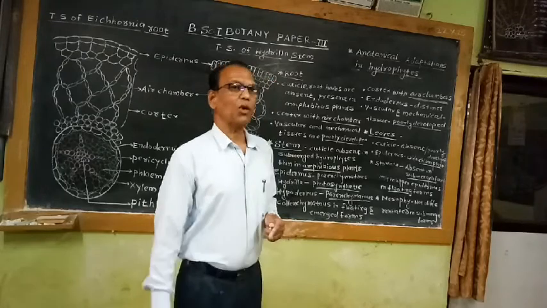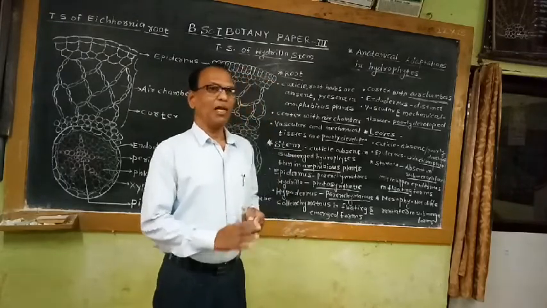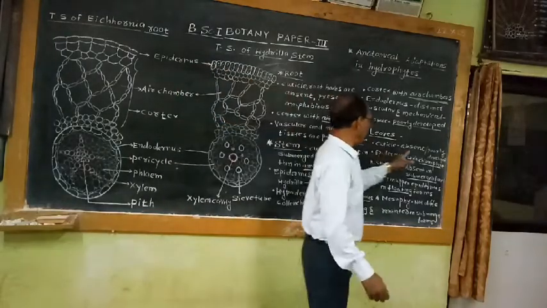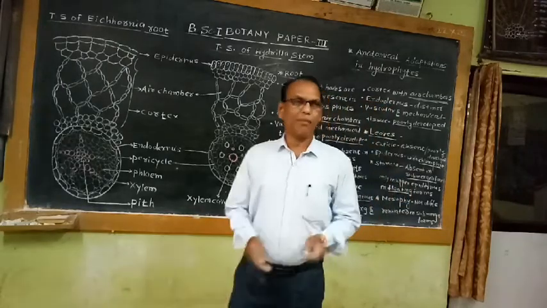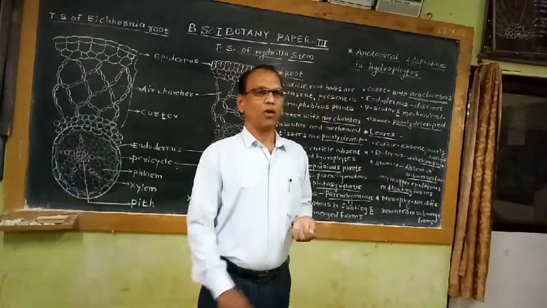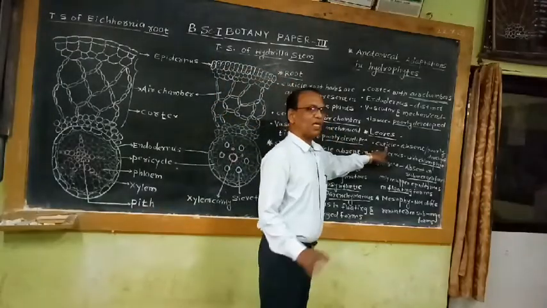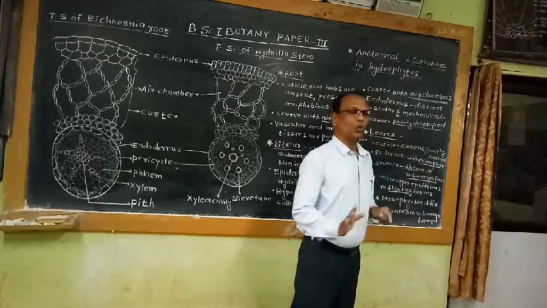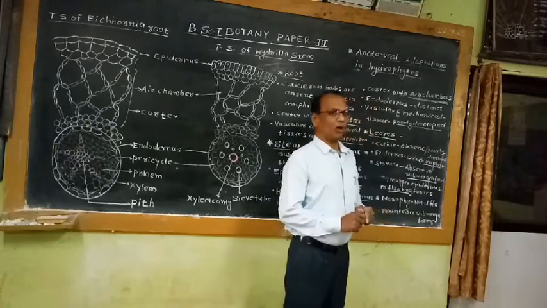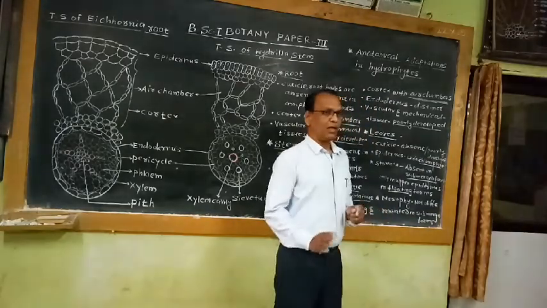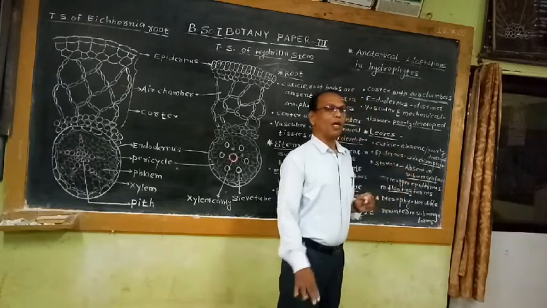If we take the transverse section of an amphibious hydrophyte, for example Typha, and observe it under the microscope, the Typha leaf also shows the presence of this cuticle layer. That means the presence or absence of cuticle depends upon the group of the hydrophyte. If the plant is a submerged hydrophyte, the cuticle is absent. If the hydrophytic plant belongs to amphibious or free-floating hydrophytes, it shows a poorly developed or thin layer of cuticle. That means there is no uniformity about the anatomical adaptations in the leaf anatomy of different groups of hydrophytic plants.